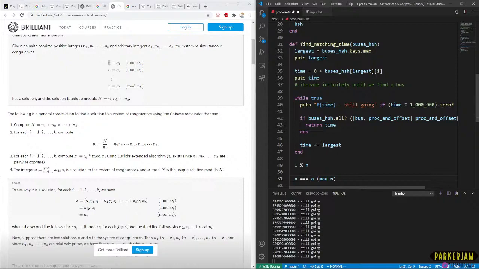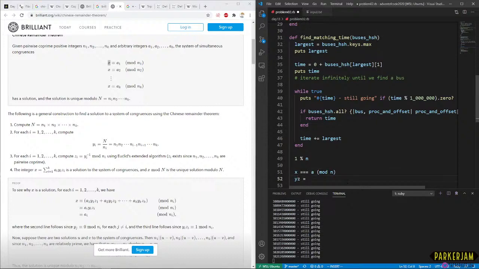Is that accurate? When you say yz equals 1 mod n, are you saying that yz, if you mod n it, has a remainder of 1?